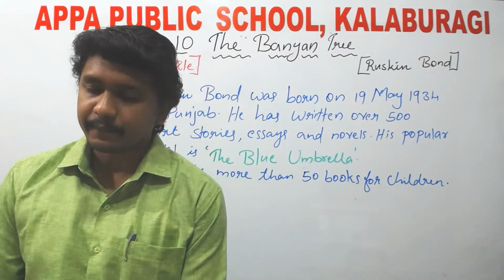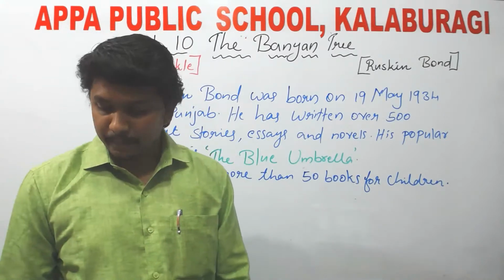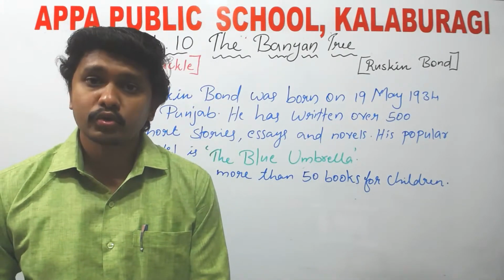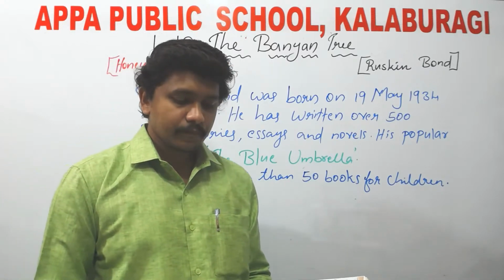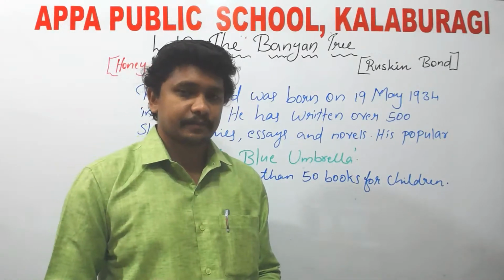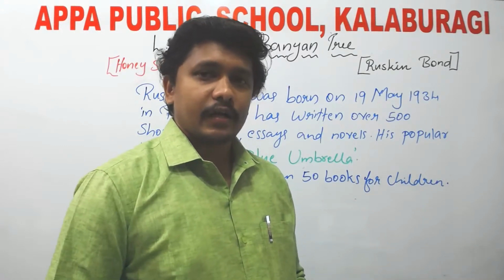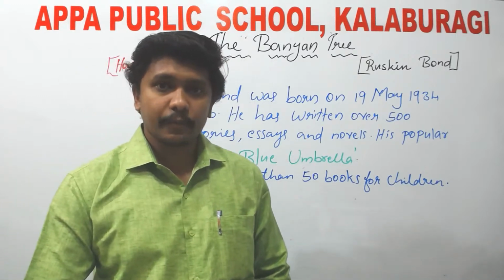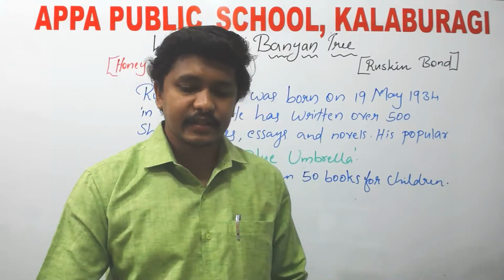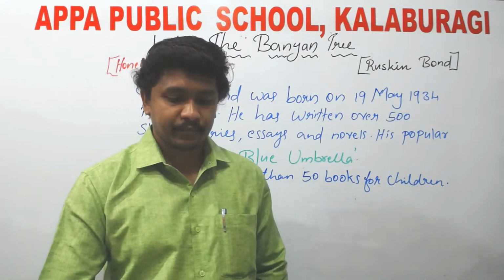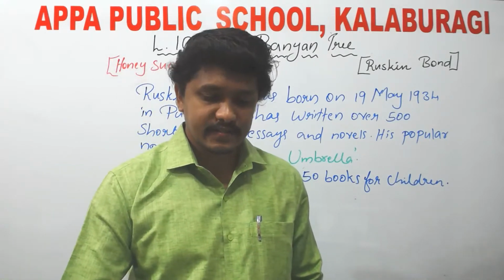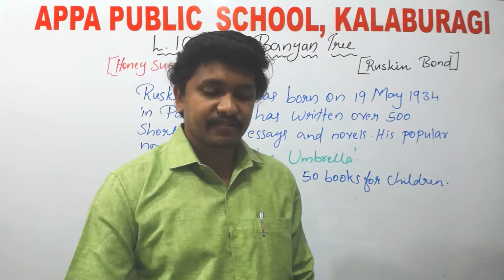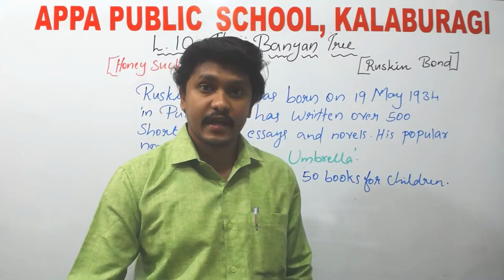Before moving to the chapter, one description is there on page number 124 about the fight between the mongoose and the cobra. Let us read the description first. After that, the explanation of the lesson. The fight of the cobra and the mongoose is a classic drama often seen in India, and the outcome is largely the same. The mongoose is not immune to the venomous bite, but is faster and quicker in motion than the snake.